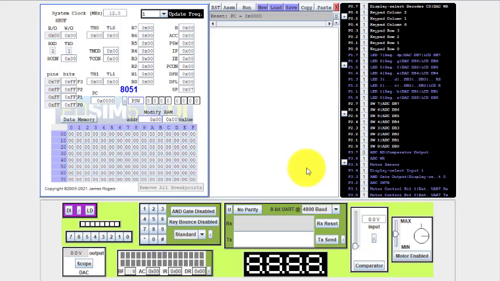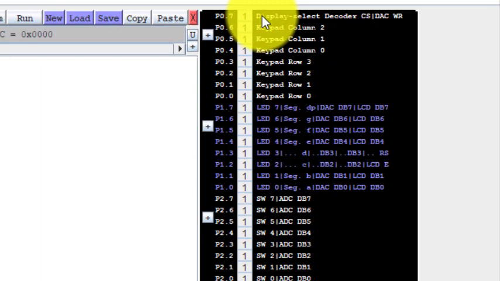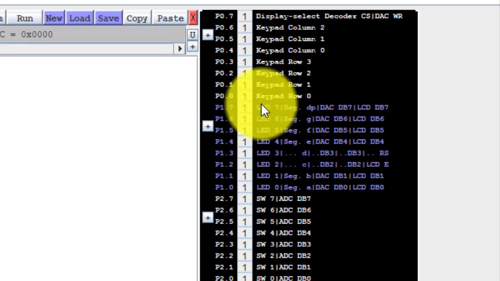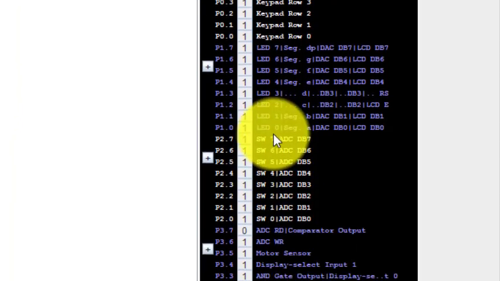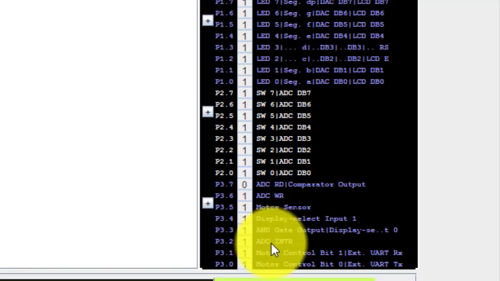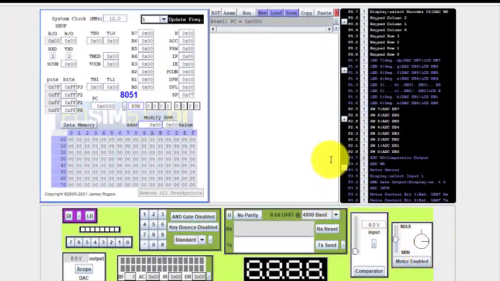So we'll be doing the practicals based on embedded system using this simulator, which is ADSIM 51. You can see the interface. Many input output are available here, and on the right side we have the ports. Port 0 is connected to the keypad, port 1 is connected to the LEDs, port 2 is connected to A to D converter, and port 3 to various other devices, the stepper motor, etc.